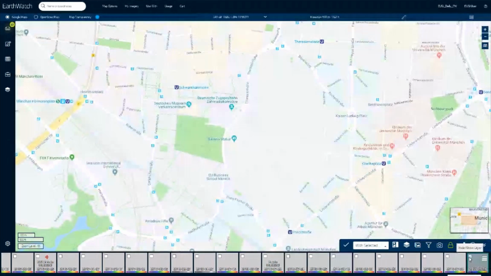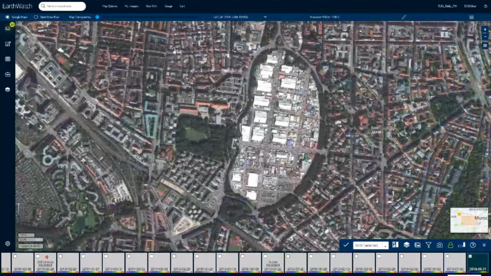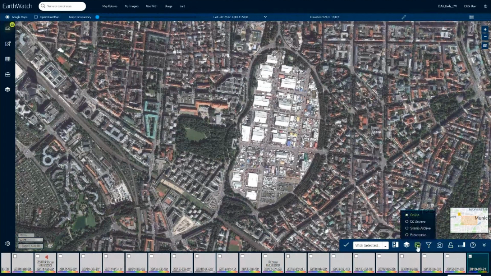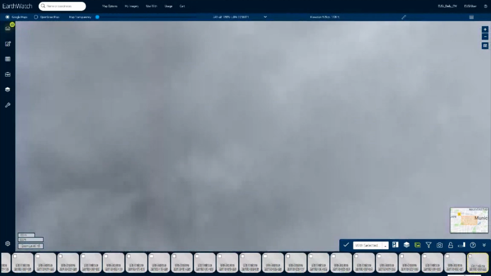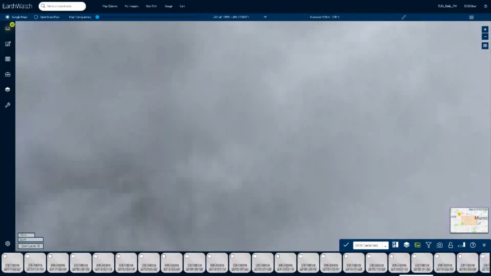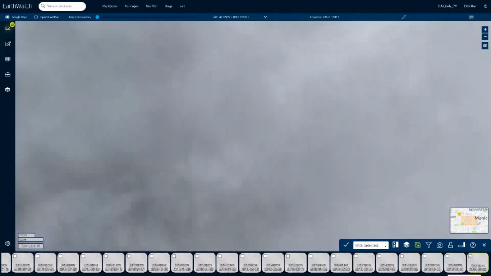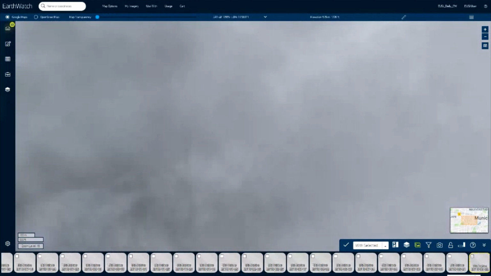Here is only the online images. It means that the image is directly viewable at full resolution within EarthWatch. But that's not the full content of the Digital Globe catalog. So I can switch to the DG archive here. And from here, I have access to every imagery, even with a high off-nadir angle or a high cloud coverage.